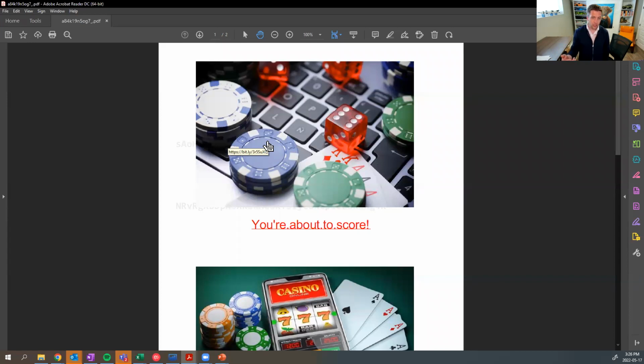So instead, they give you a PDF document, and usually you'll get something like a purchase order that requires approval, or something that might seem like a legitimate business document. You open the PDF, and the content you're expecting isn't what you would expect, and instead it's wanting you to click on a link. If I click on this link, it would take me to a malicious web page that would then be trying to scrape information from me and take advantage of that.